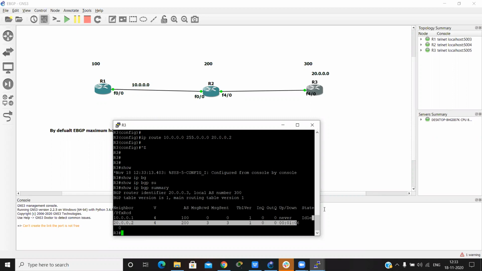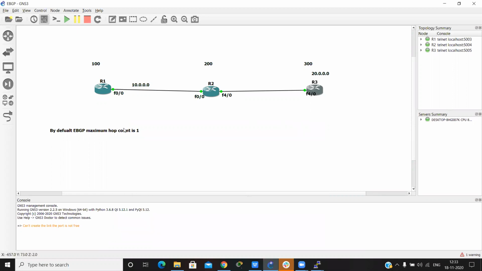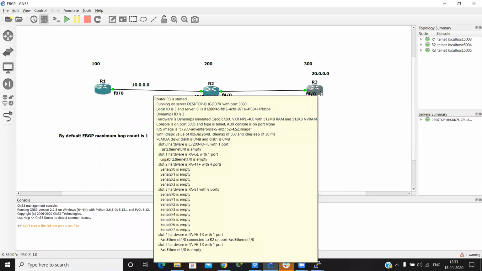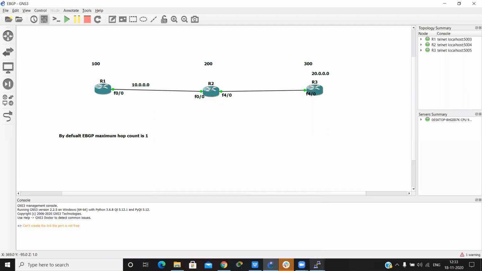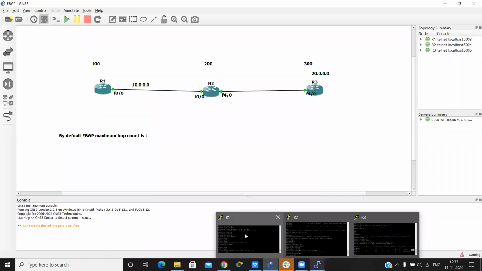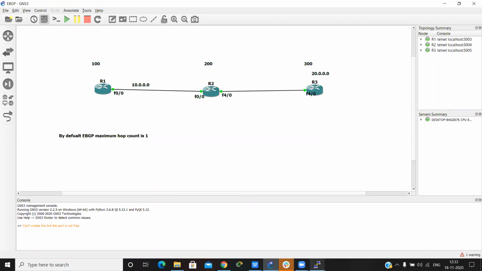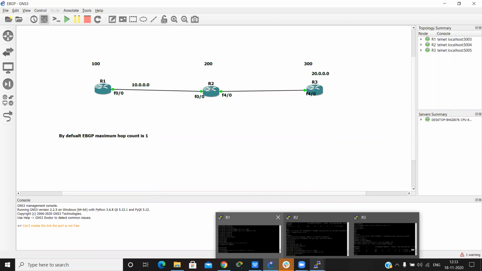The reason is that by default eBGP maximum hop count is 1 and our destination is on the second hop. So we have to increase the hop count for router 1 and router 3.